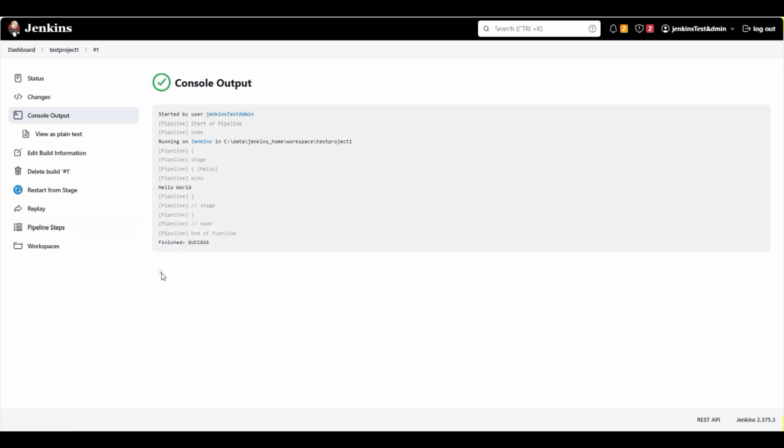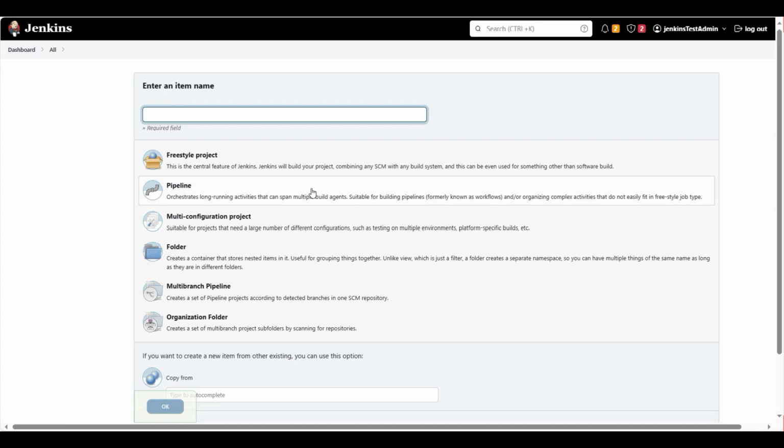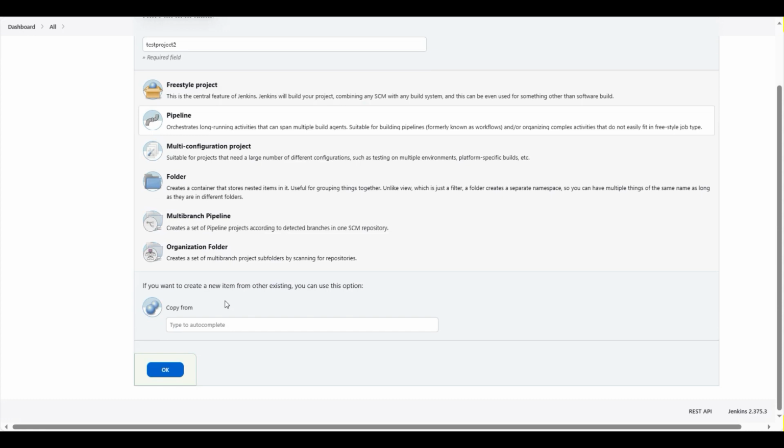Next thing that I want to do is show you how to clone this pipeline. So you can click on dashboard, click on new item, call it test project 2, click on the type of project this is going to be. This is going to be a pipeline, another pipeline, and we just going to clone from the pipeline that we already have existing. We'll call it, we'll select it from this test project 1 that we previously created, and click OK,